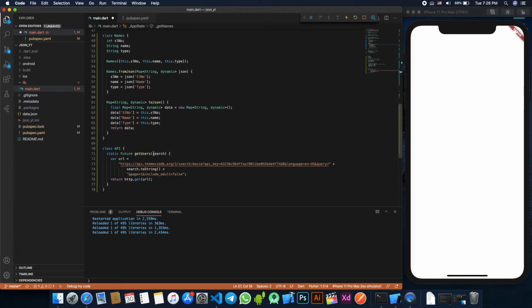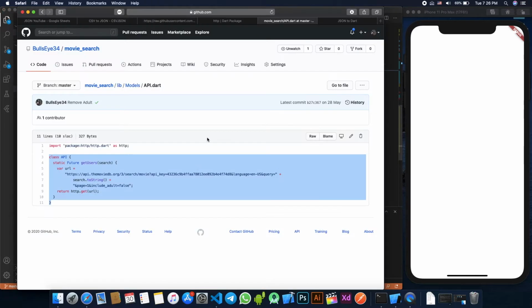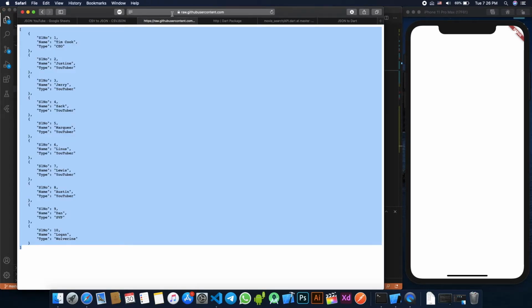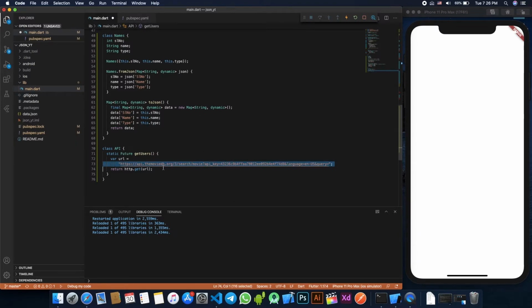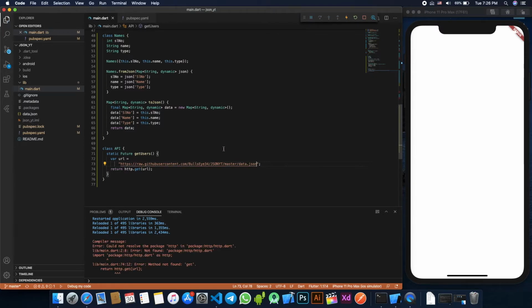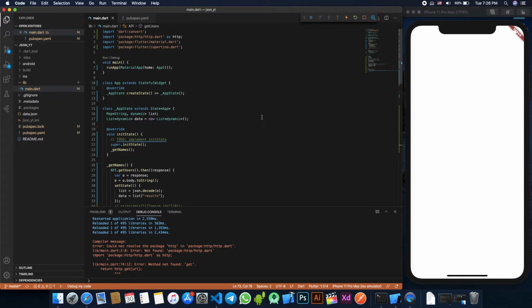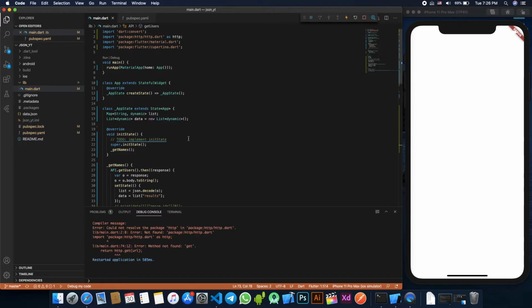And here what I have done is I have taken this thing. So this is not necessary at all. And in here we are going to paste our URL. Like this, and save it. So basically we are gonna get some error. I think we are just gonna refresh it.